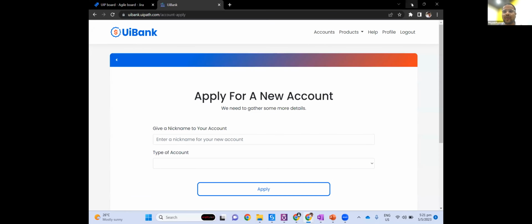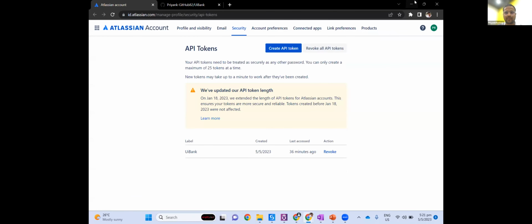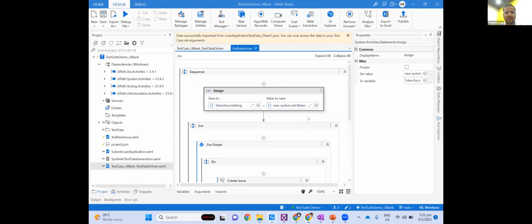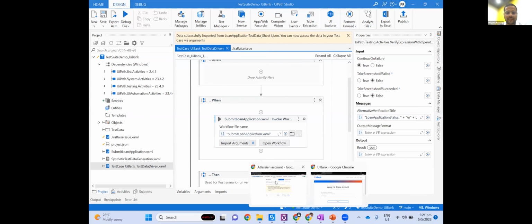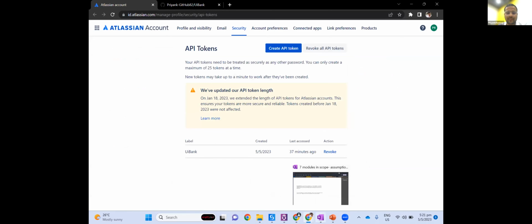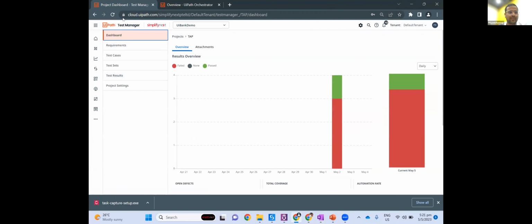Okay, let me run the bot directly. First I run it. Now, I am going to run it from Test Manager. In Test Manager, as I mentioned earlier, it's a web-based application. We have dashboard, requirements, test cases, test sets, test results, project settings, where the user can come and then